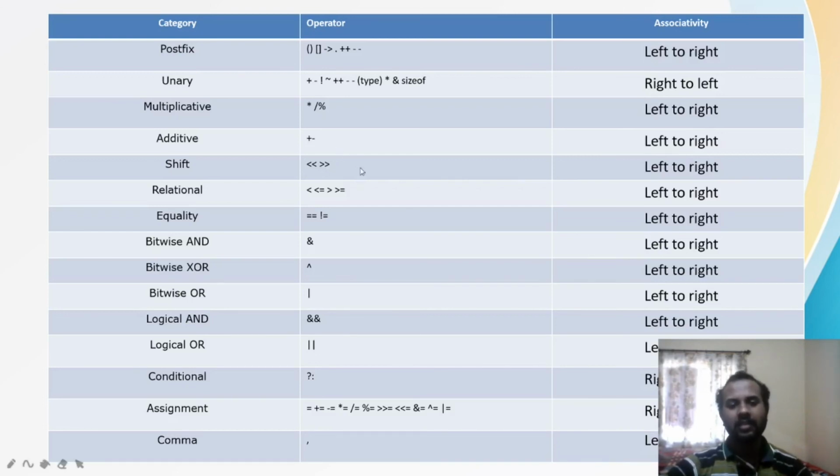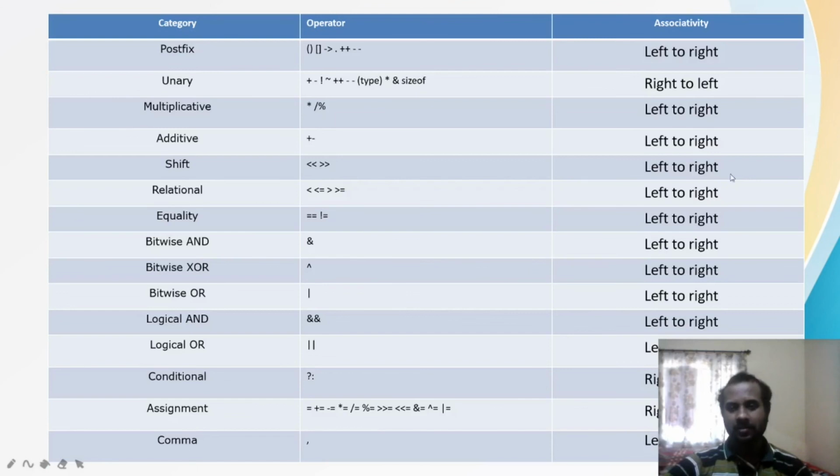Then the bitwise left shift and right shift, then the relational operators, then equal to and not equal to. Then the bitwise and, bitwise XOR, bitwise OR, logical and, logical OR, and the conditional. Then the assignment, and last the comma. That is how your precedence will be.